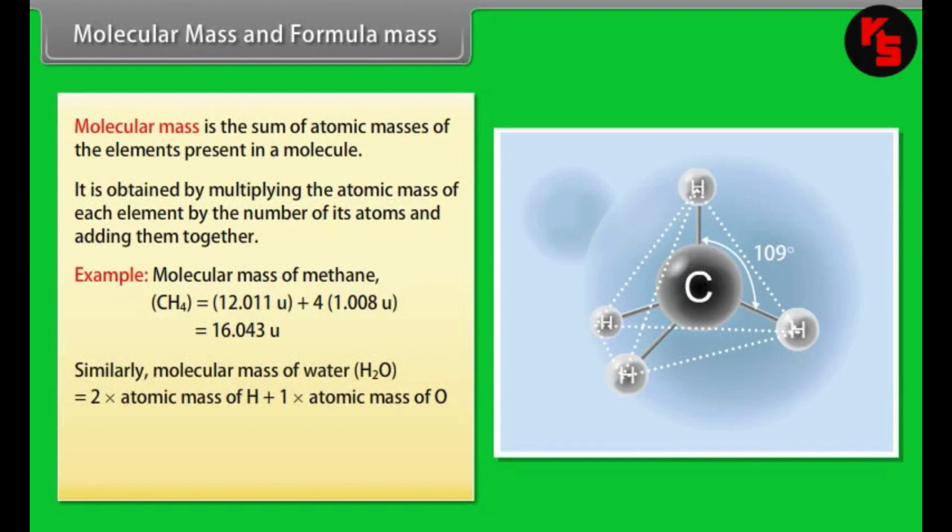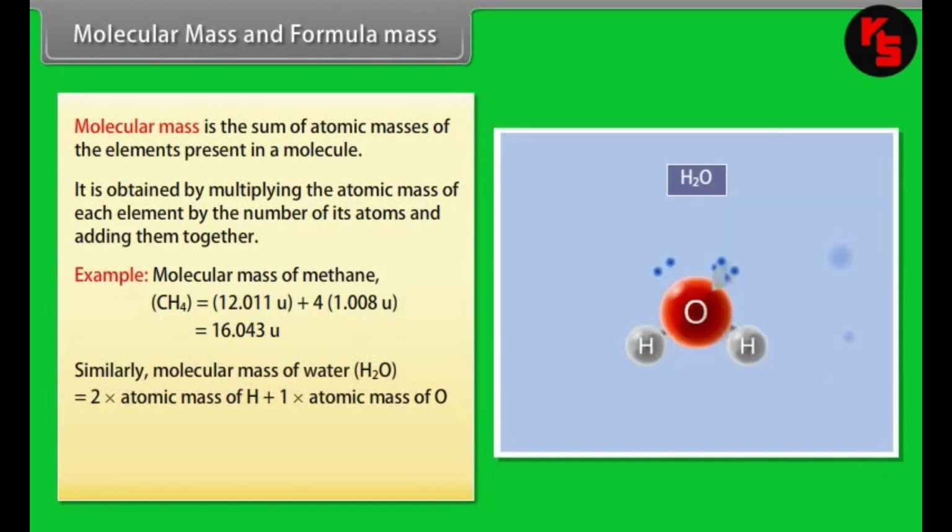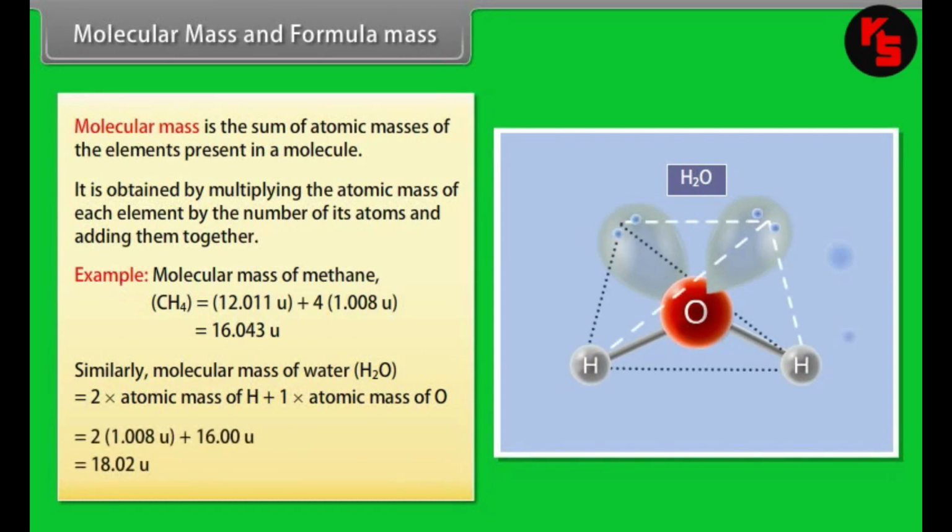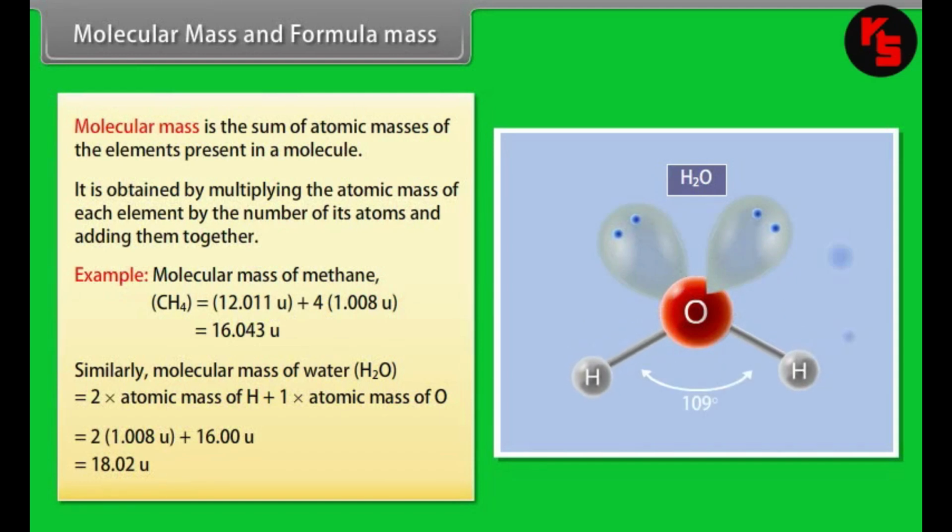Similarly, molecular mass of water, H2O, is equal to 2 × atomic mass of H plus 1 × atomic mass of O, which is equal to 2 × 1.008 u plus 16.00 u,